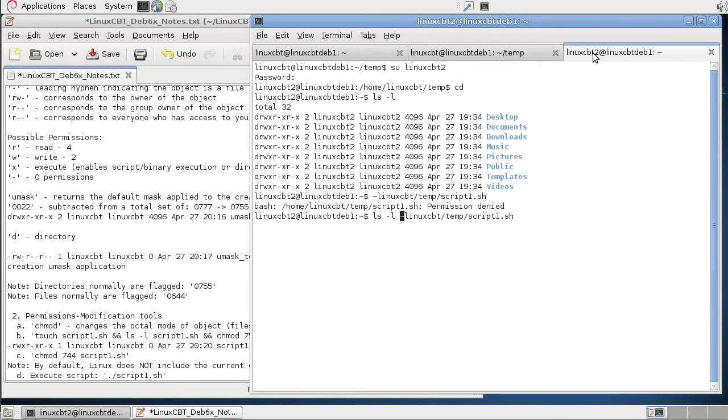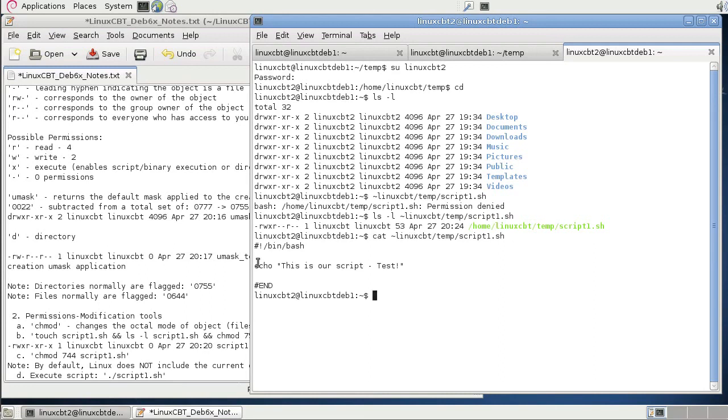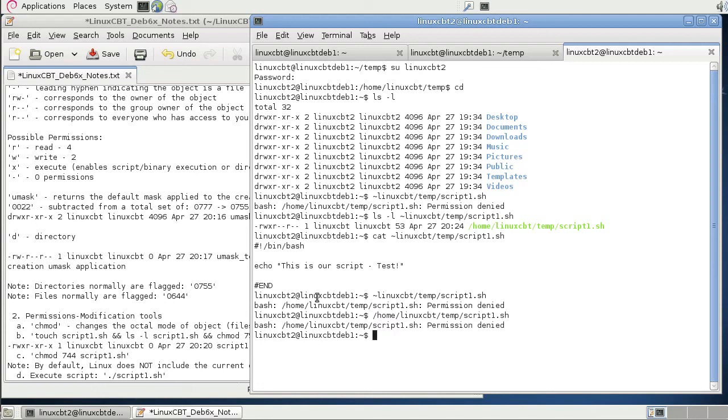How about our ability to enumerate the fact that the script lives? We can see the script. We can even read the contents of the script. Let's cat the contents. Since it's short, we don't need a pager. So we can actually see what the script does, but we may not execute the script. It doesn't allow us to. Even if we use, let's say, the absolute path, /home/LinuxCBT, it will not work because we do not have